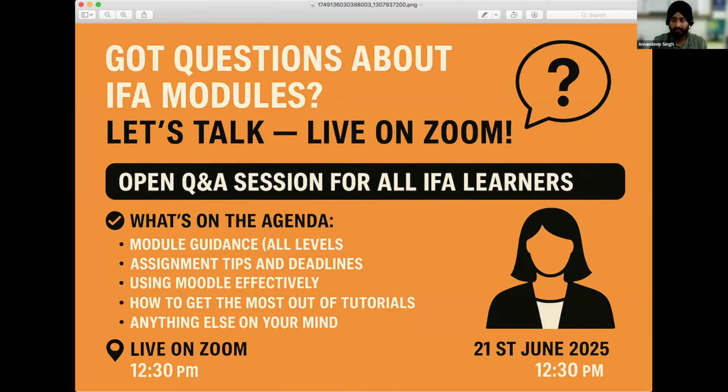So as we have just started, this is the agenda that I was explaining to you guys. How to use the Moodle platform effectively is one of the things that I will be explaining, because some of the learners get stuck somewhere as to how it has been structured. That is something which I'll be explaining as well, and how to get the most out of the tutorials in case you get overwhelmed with the information. So anybody who's joining the meeting right now, don't worry. Even if you are joining in the middle, this will be recorded and sent across afterwards. So I'm gonna start sharing my screen of the Moodle platform.